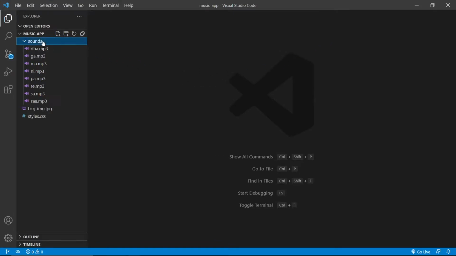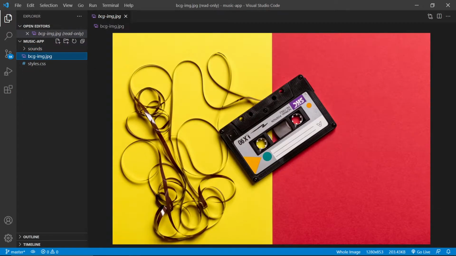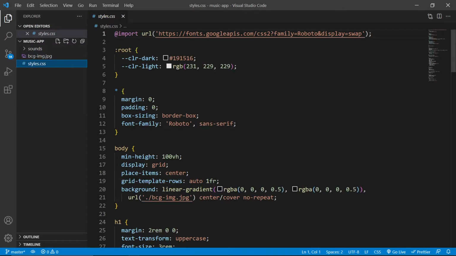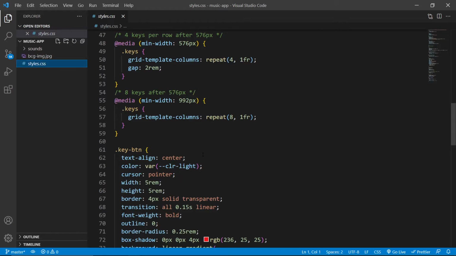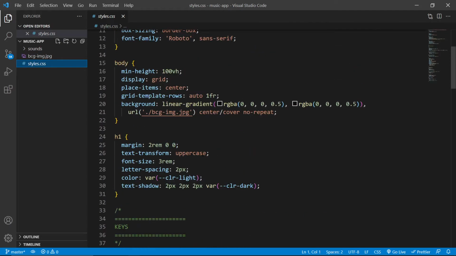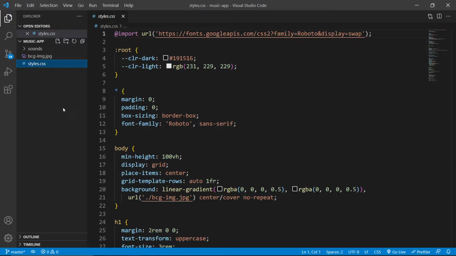and you can see we have a sounds folder with 8 MP3 files. Then we have an image that we're going to use for the background image. And then we have a style sheet with all the CSS that we have used for the project. And now since this is a JavaScript tutorial, I didn't want to cover the CSS part because that takes a long time and most people like to write their own CSS anyway. So if you want, you can write your own, and if you don't, you can use the one I have provided for you. So now let's create an HTML and JavaScript file,